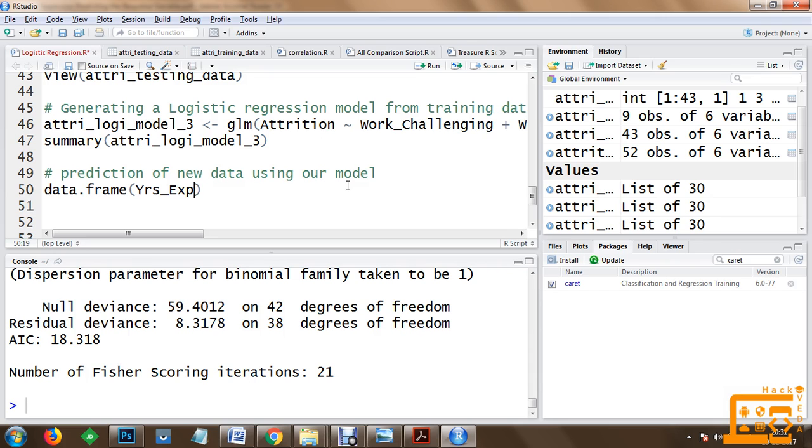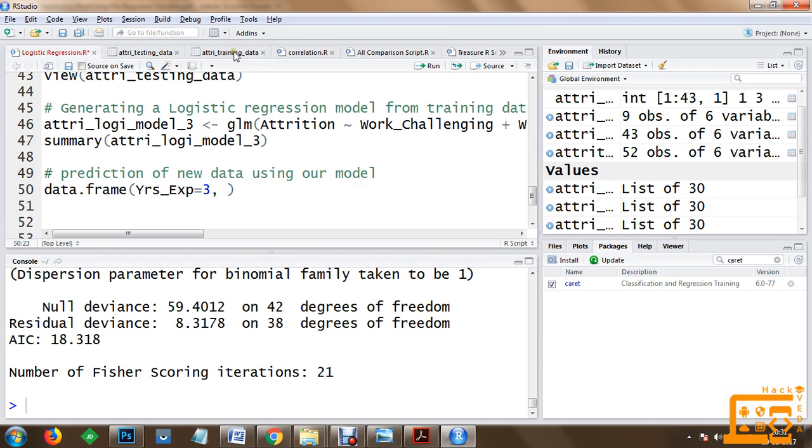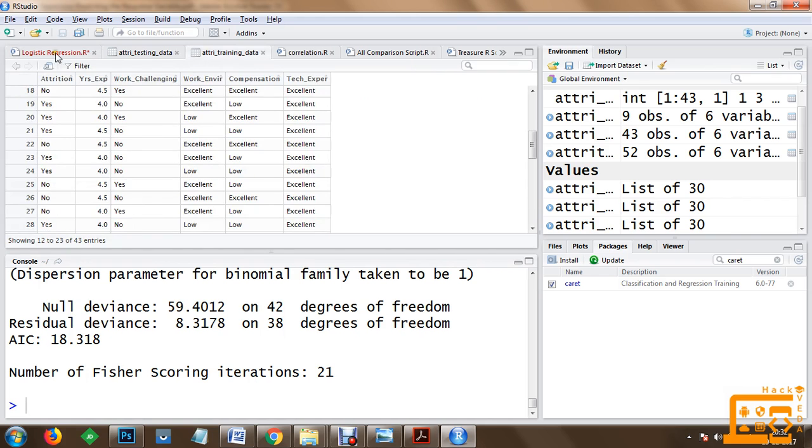So let's say somebody has an experience of 3 years. The second information we need is work challenging, and we have yes/no values here.